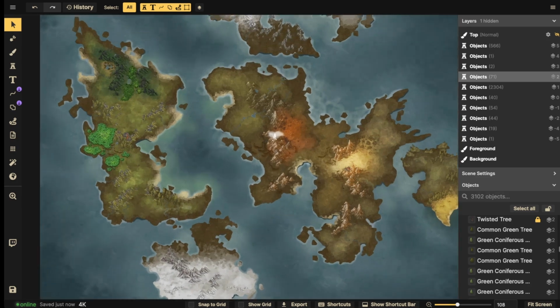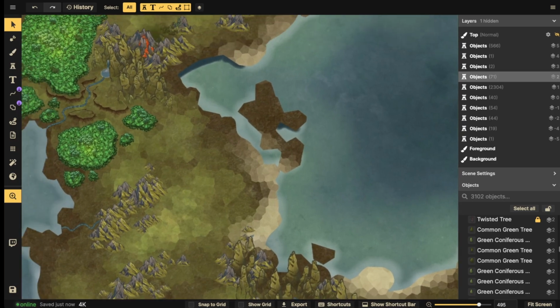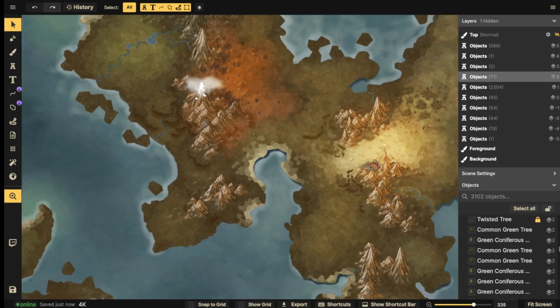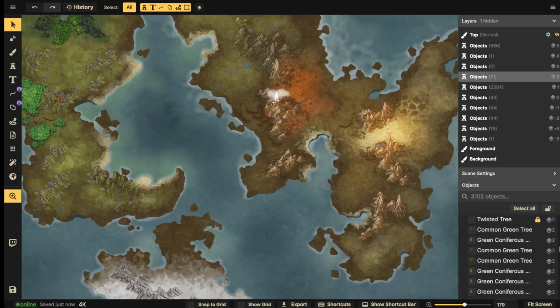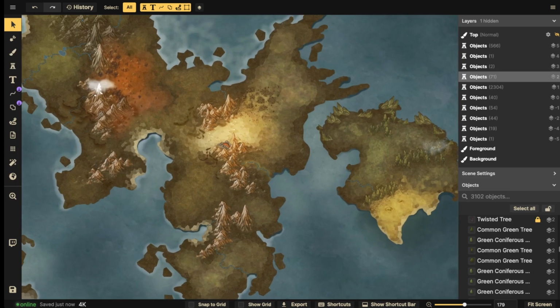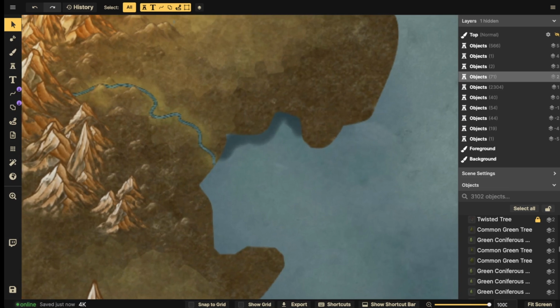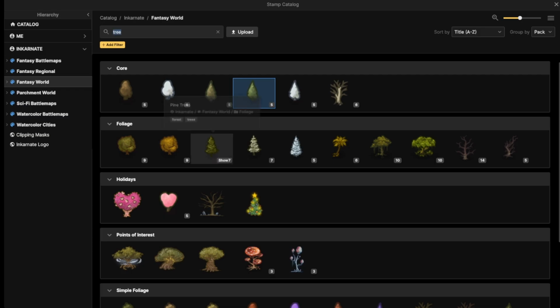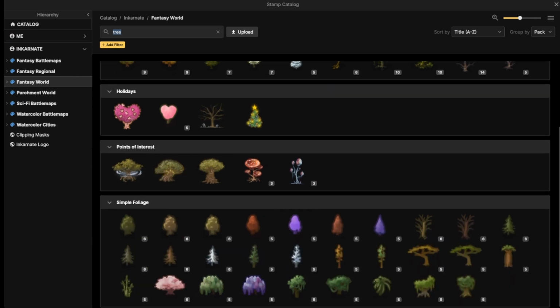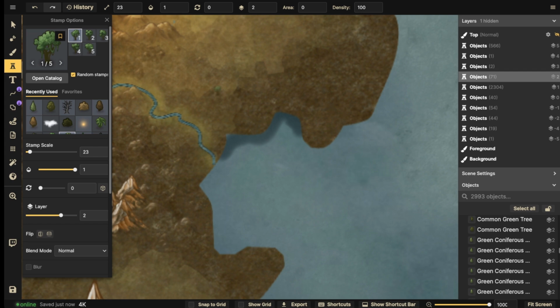Here we go. So we'll zoom in, and we're going to want to choose a place to put our mangrove. I put a lot of them. Let's see here. I put a lot over on this side. We could probably move one over to here. I think this is a good spot right here. We can put a mangrove right here. And we'll start with using jungle trees first, so either the jungle trees or the tall jungle trees. We'll put the tall ones